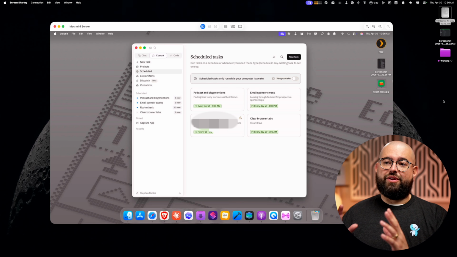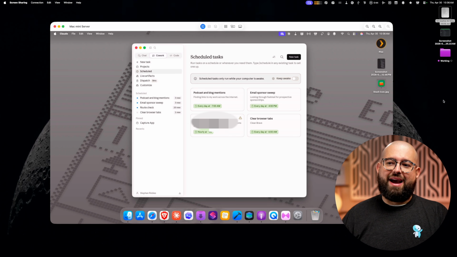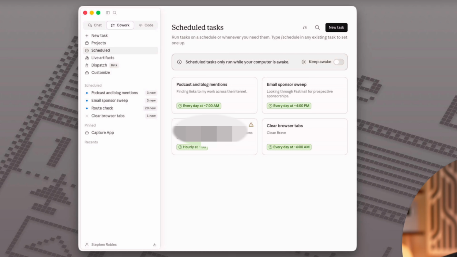Plus, this Mac goes to sleep, and I want a Mac that has scheduled tasks to never sleep. This way it's always ready to do stuff. So I actually have Claude with Cowork running on a Mac Mini over in a closet. And so I'm actually screen sharing to that Mac Mini right now, and you can see several of my scheduled